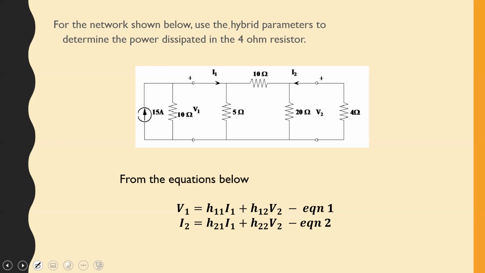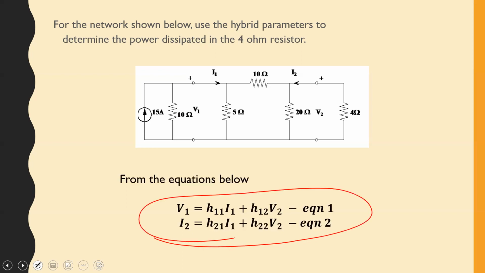Remember, we had an expression for the input current. We had that I1 was equal to 15 minus V1 over 10. And we also had that V2 was equal to minus 4I2. Okay? So I'm going to make those substitutions into this set of equations